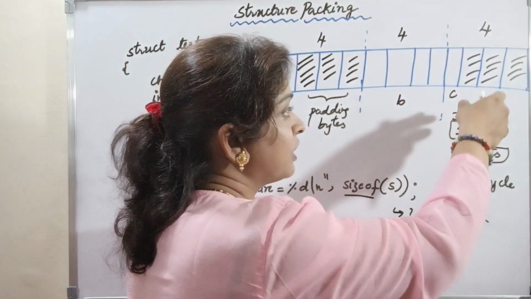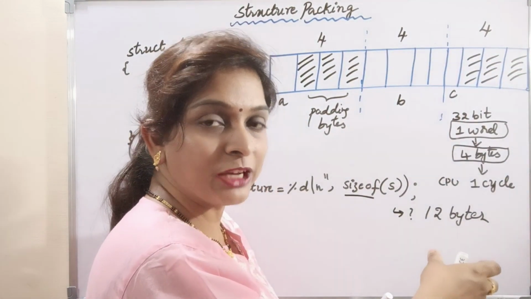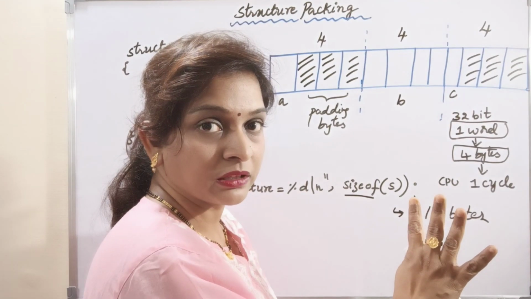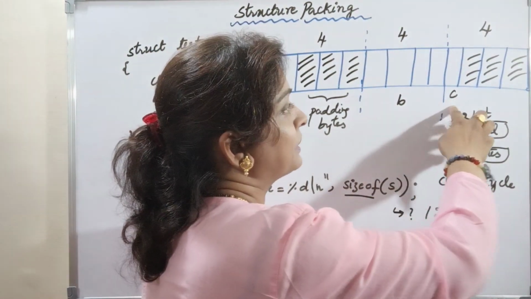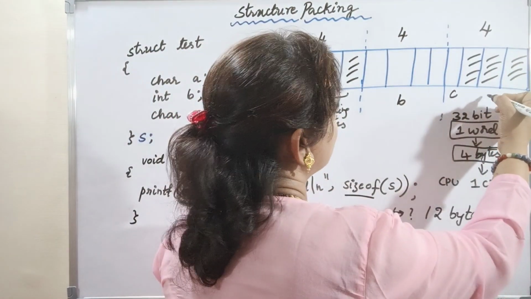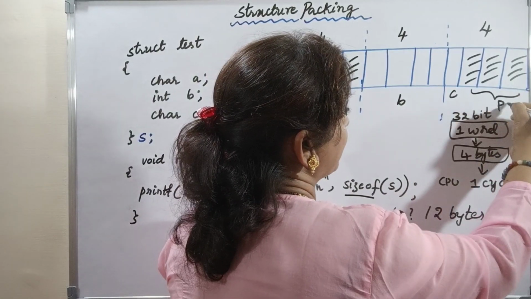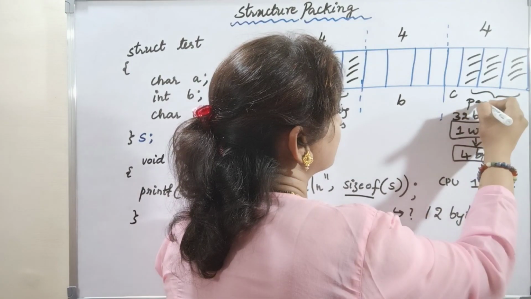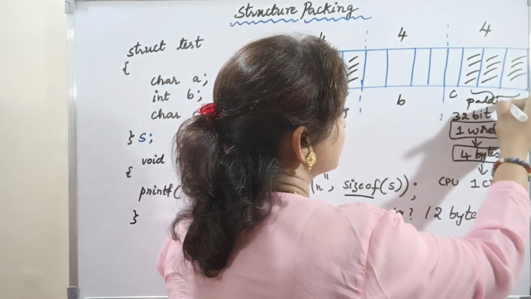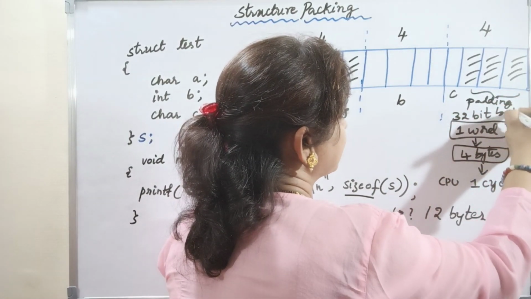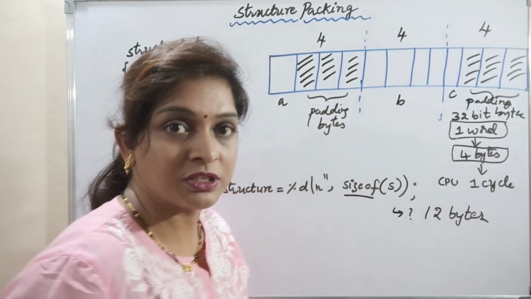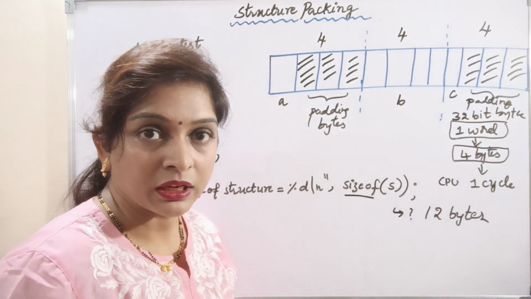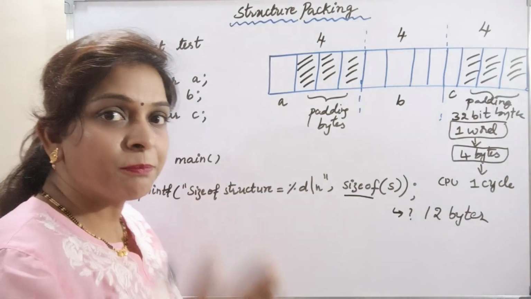So when I say one word, it will fetch the complete word of 4 bytes, where only 1 byte of data will be there, and the remaining 3 bytes, again here we have the padding bytes. So this is padding bytes. So totally 12 bytes it is going to show. Right? Now, if the programmer